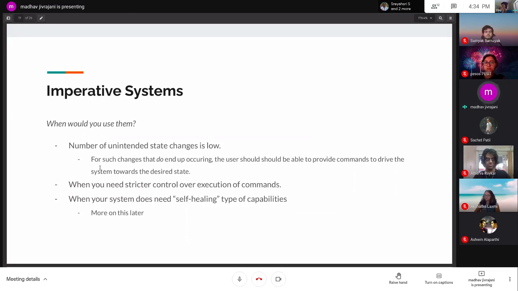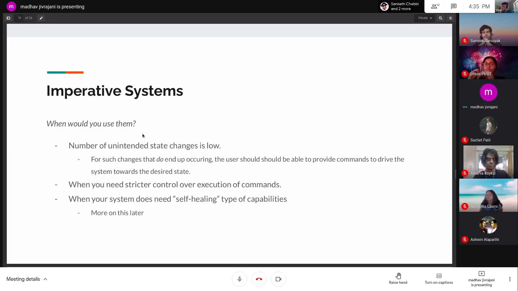If your system is sort of isolated, where the effect of the environment is not as significant as intended state changes, then you would use an imperative system, because it's easier for the user to know what command to run. The user itself has been responsible for whatever the state is till now, because there is very little unintended state change that has happened so far. It's almost all intended state change.